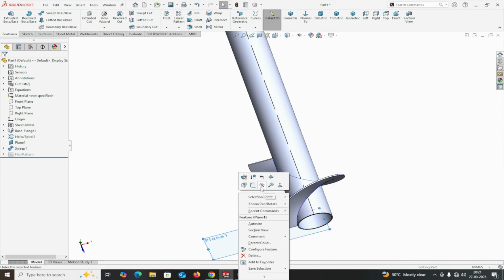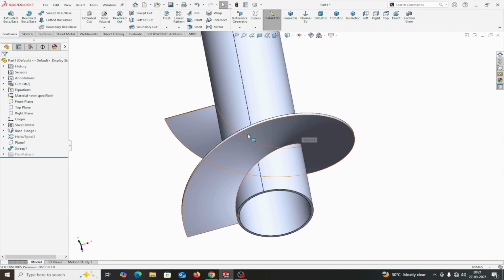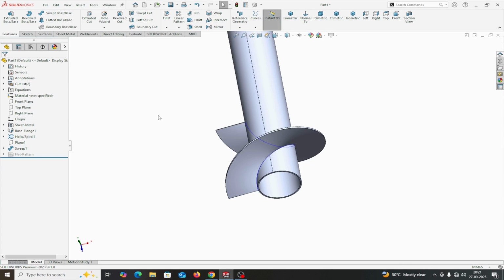Select this and hide it. The plane is hidden. This part, this swept boss base, is still solid. I will convert it into sheet metal. How I will convert it, I will show you. First, with the help of